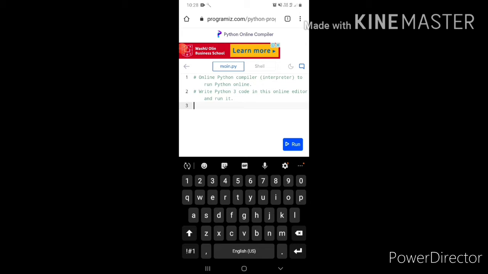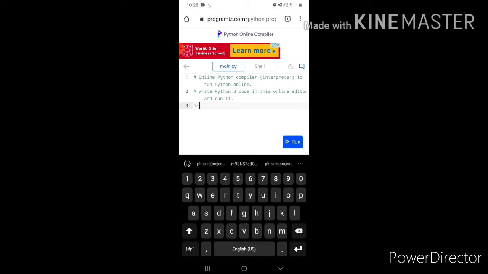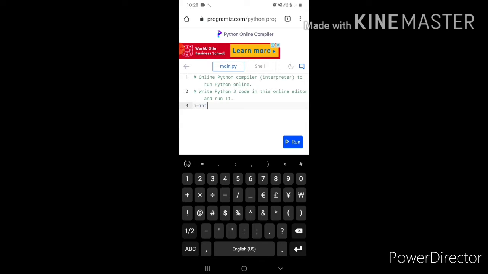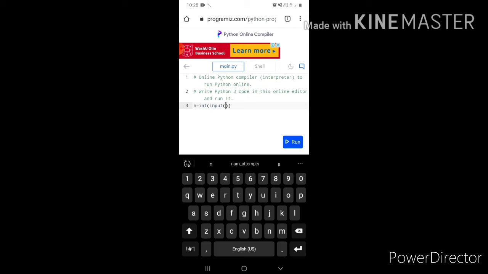First of all, we have to write how many terms have to be printed. Let us name that to be n. n is equals to int. Here I am using a function named int to convert the string values to integer values. int input. The input function is used to read the input from the keyboard. Input,